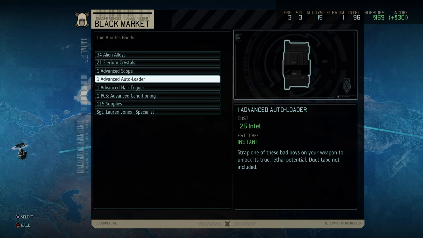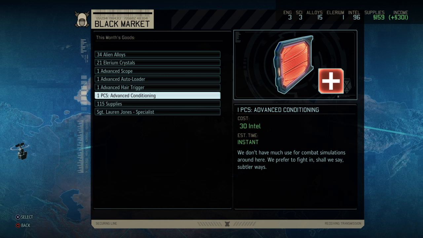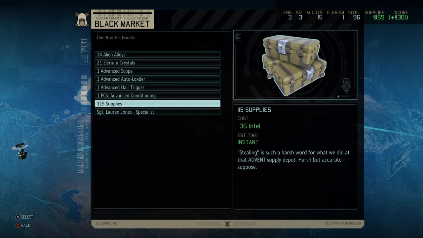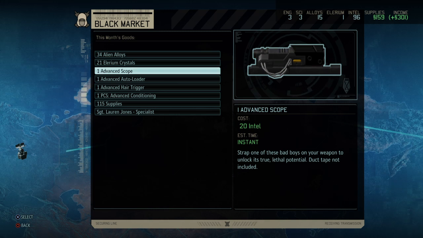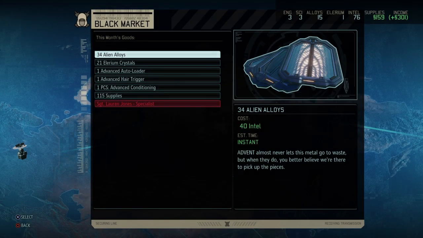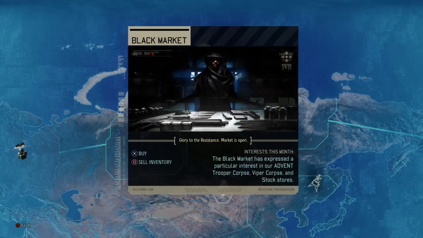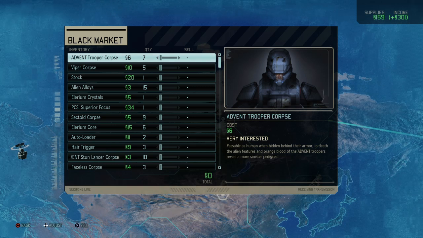Advanced auto loader. Strap one of these lethal. Duct tape not included. Hair trigger. Advanced conditioning supplies. I'm really salivating over this. You know what? Let's get it. Okay. The problem is, you know, when we sell, they sell us, it's dollars, right? They don't want